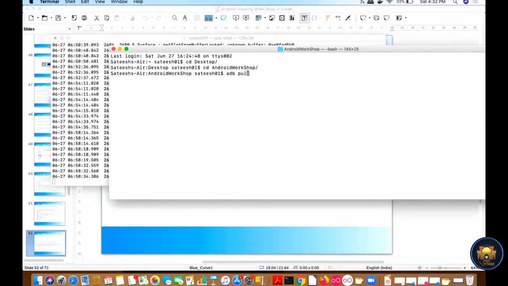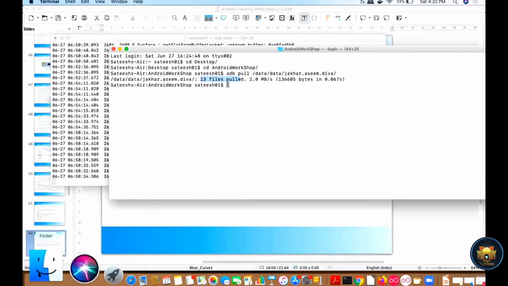So adb pull and then data jakarasim.diva. If I type this command, adb pull and the package name, you can see 13 of 13 files pulled.